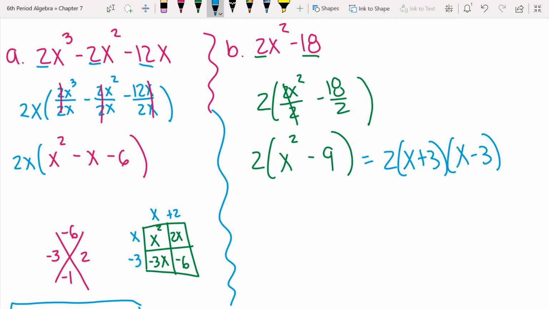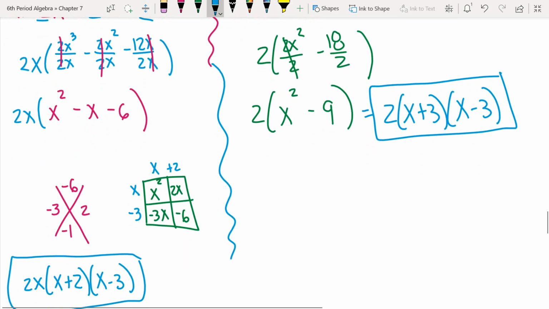Or those could be switched around. You could have an x minus 3 first, then you could have an x plus 3. Something like that. But just in case you want to see the other method,